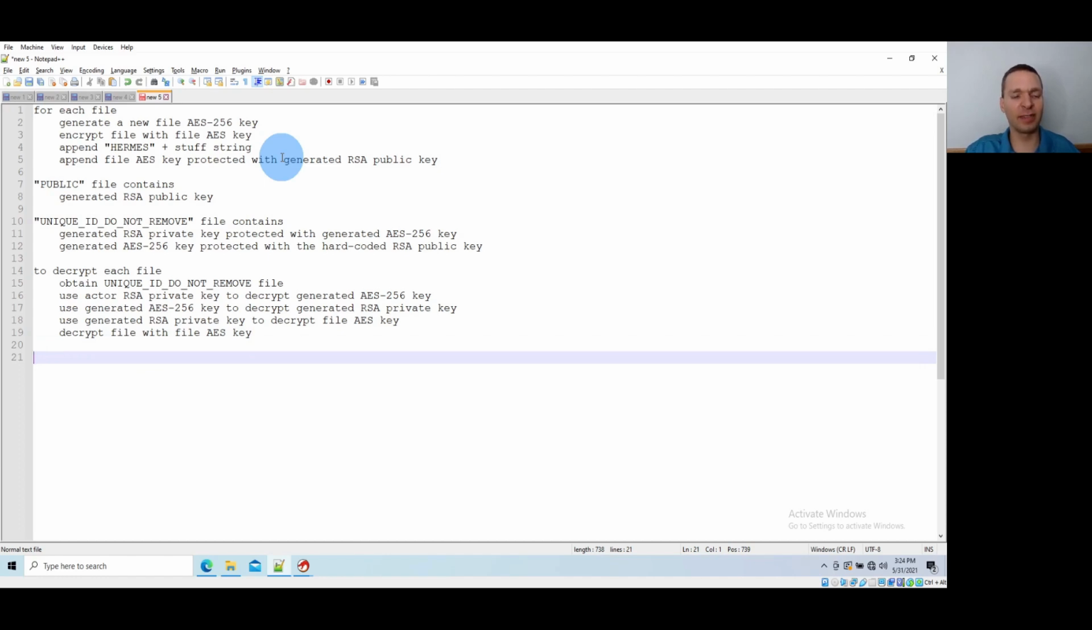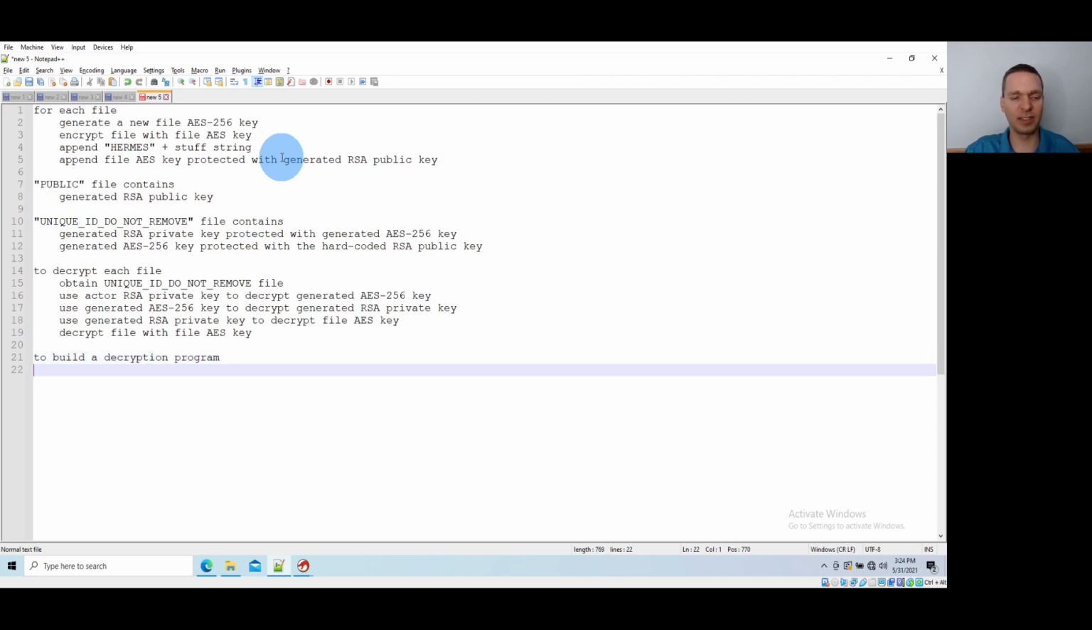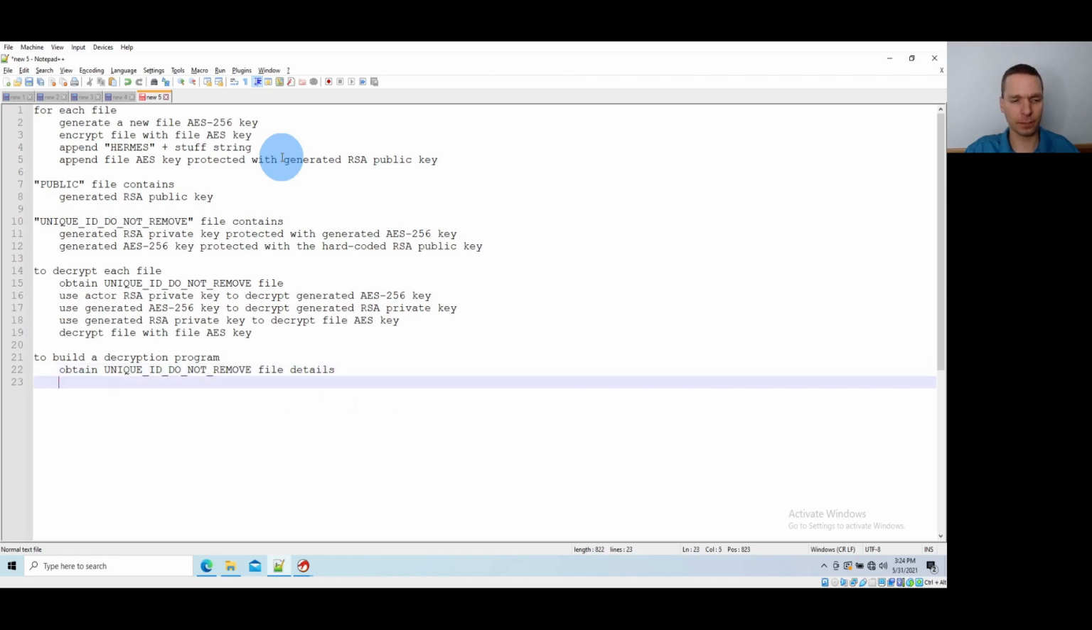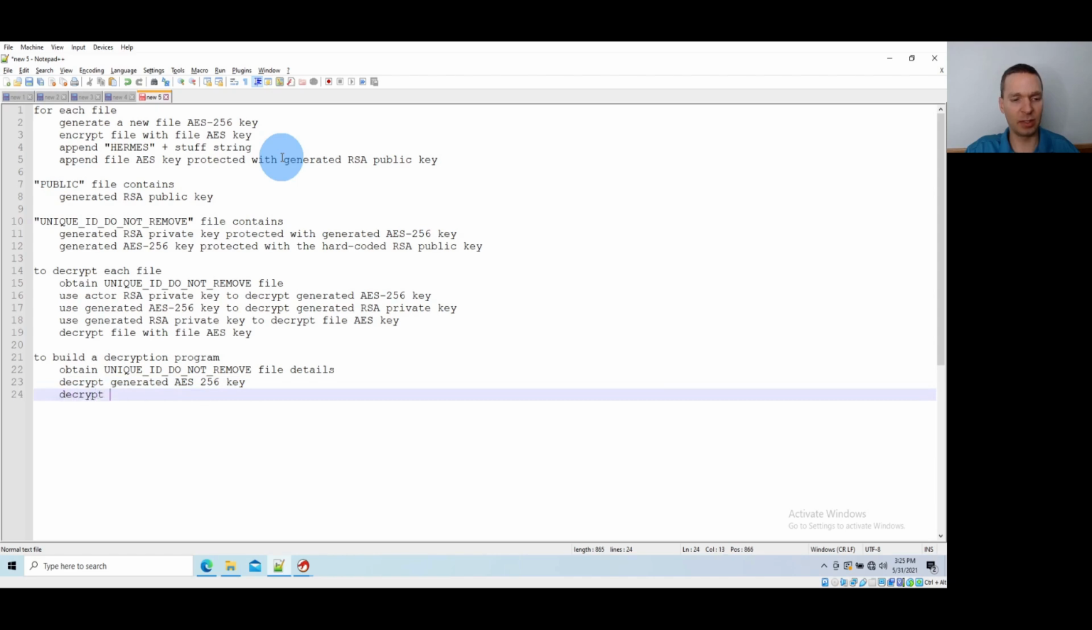So the last thing we want to know about is how we would build a decryption program. This is just so we can talk through this a little bit. Basically, the actor needs to obtain the unique ID "do not remove file", and we actually put the file details. And then they need to decrypt the generated AES-256 key, and then decrypt